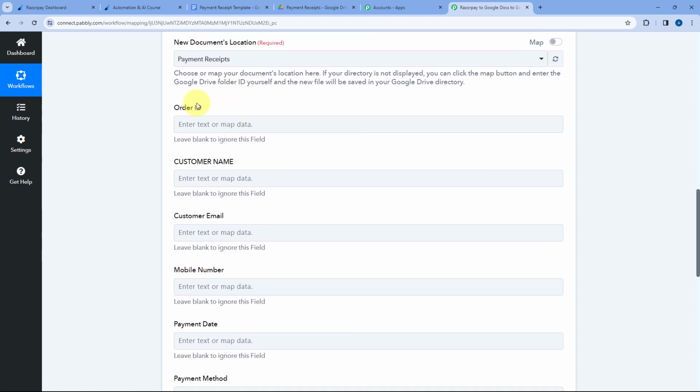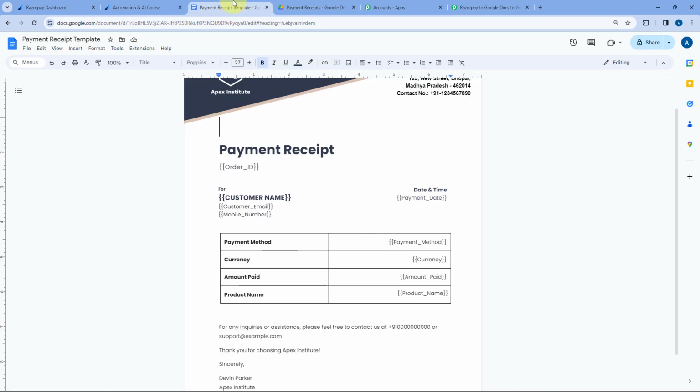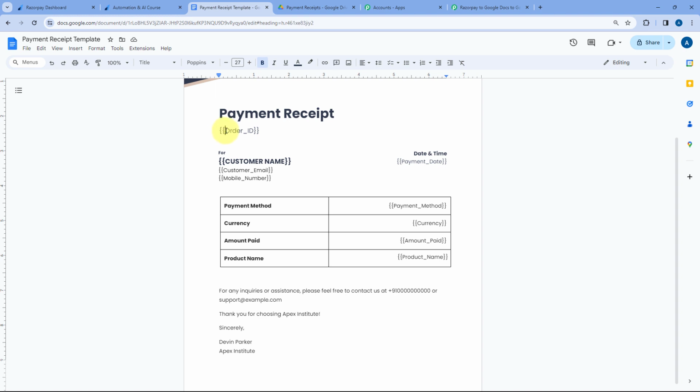generated payment receipt. Then after that, here you can see in our template document, in double curly braces, I have added some text. Basically, these are some variables. Variables means for each and every payment receipt which we are going to generate, all of these details are going to change. Every receipt will have a different order ID, a different customer name, customer email, mobile number, a different date and time of the payment, then a different payment method, currency, amount, and the name of the product as